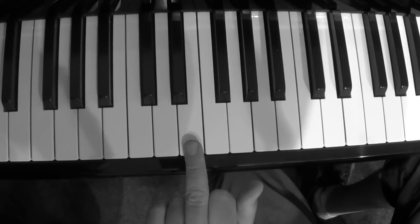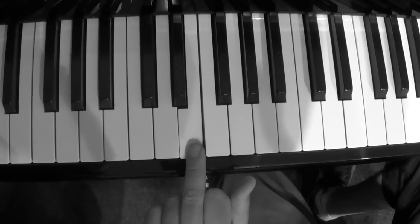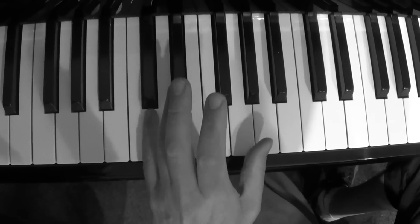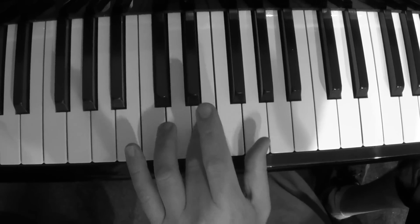And it starts on the 3rd, so the whole boogie left-hand riff starts on the 3rd, right? Not like usually, where we start on the 1st of the chord, the root. We don't do that here, we start on the 3rd, so it's...